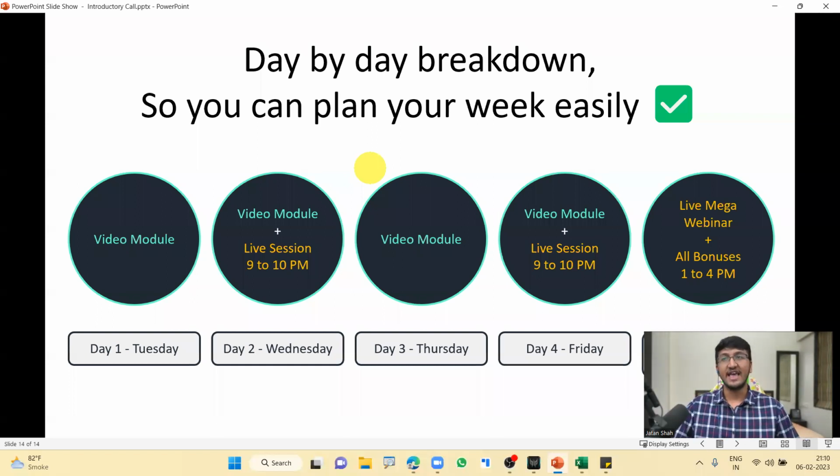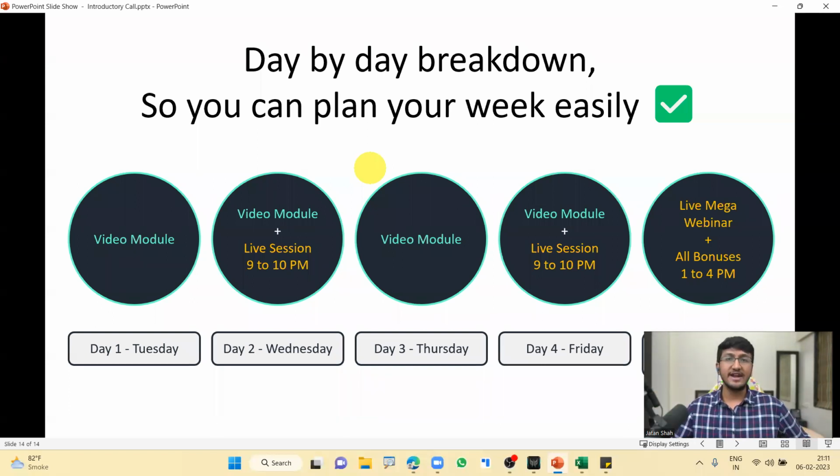And the best part is, guys, even if you have no prior knowledge in Excel or in dashboards or in Data Studio or in Google Sheets, anything is not required at all, because any essential knowledge required to build dashboards, I have taught you all during the entire workshop itself. So even if you have zero knowledge about anything, it's absolutely okay, because from day one, we start from the basics and then gradually move up to the most advanced level of building dashboards in Data Studio. So basic to advanced, everything covered right here. All right. Day one is going to be Tuesday, first set of video modules given to you inside your account.